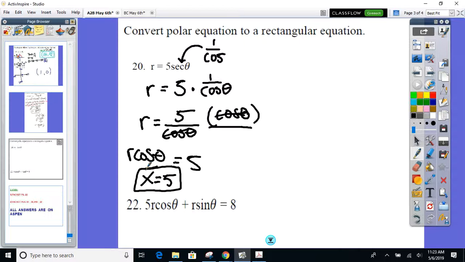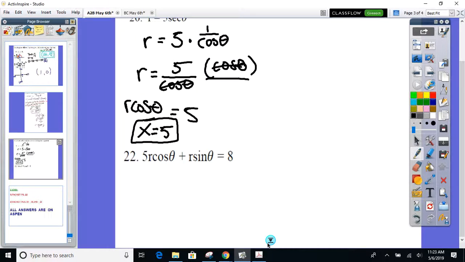Questions? And then 22, I don't want you to overlook things. Because this looks pretty complicated. And you're like, oh, should I do this? Multiply by this? Take a deep breath and look at the original problem, please. Take a deep breath and look at the original. Because there is nothing you have to do. You do not have to do a darn thing here. Because